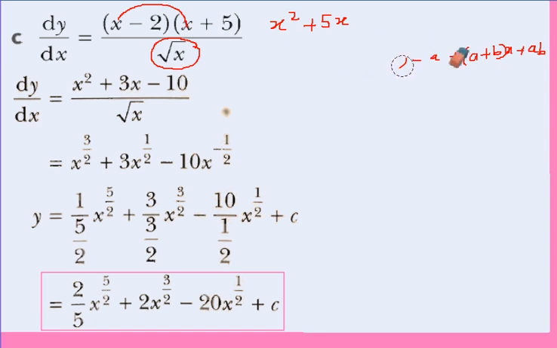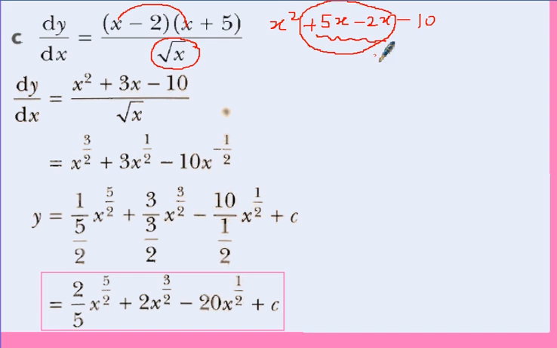If you don't know, you can learn it. Or you can apply the distributive method. Many learners do that. Plus 5x minus 2x minus 10. So it became plus 3x minus 5... plus 5 minus 3 minus 2 gives you plus 3. Okay, then